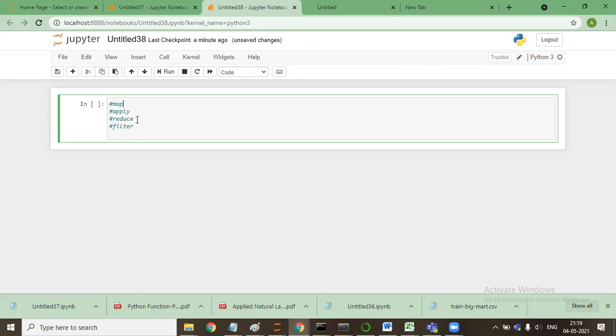When I say map, it basically iterates through every item and executes a function over it. Don't worry if you're not fine with the statement, I'll tell you. So if I say apply, and check.